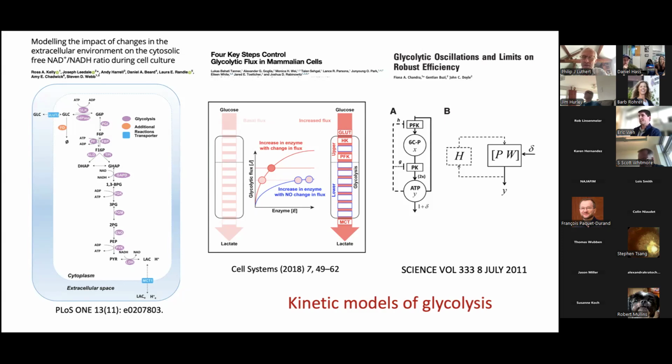And John Hoyle, again, has looked at this from a theoretical perspective and shown that control of glycolysis is critical if it isn't going to essentially go out of control and start oscillating. And this seems to be a particular issue for pathways where there's a positive feedback component. And of course, glycolysis produces 2 ATPs for each ATP it consumes.